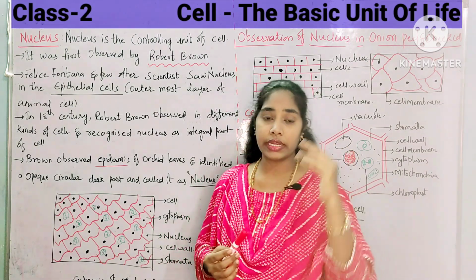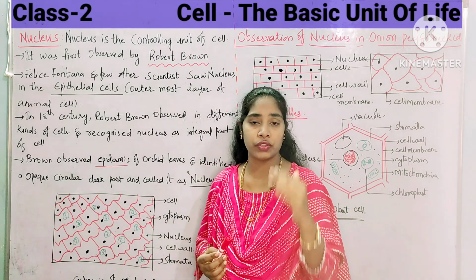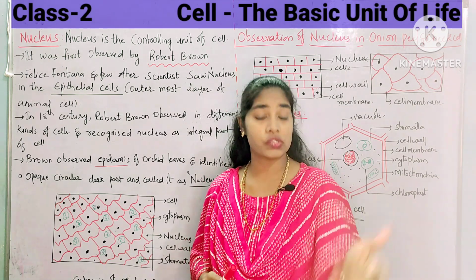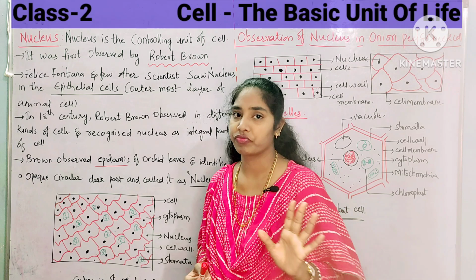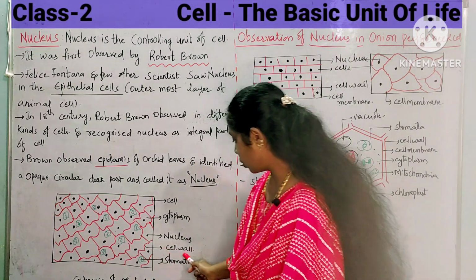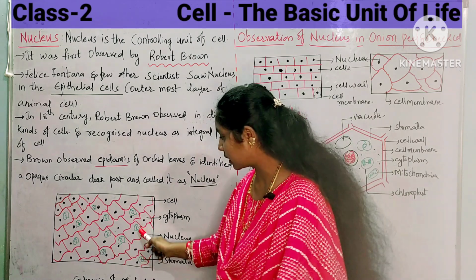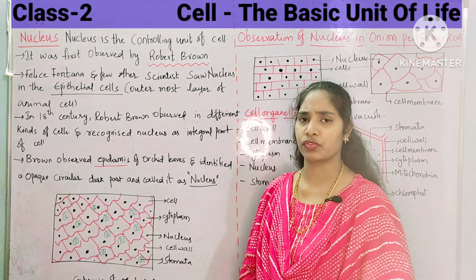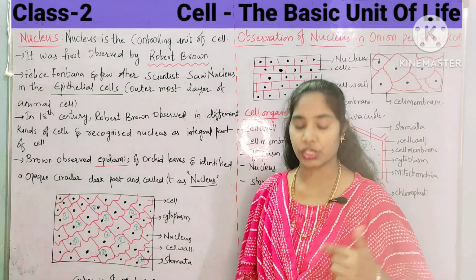Don't forget, it is a distinguishing feature between a plant and an animal cell. What is that? The plant cell contains an extra layer, and that is the cell wall. It gives rigidity and protection to the cell. Here you can see the cell wall, and this green color part which I have marked here, all these are stomata, which are useful for transpiration or exchange of gases.